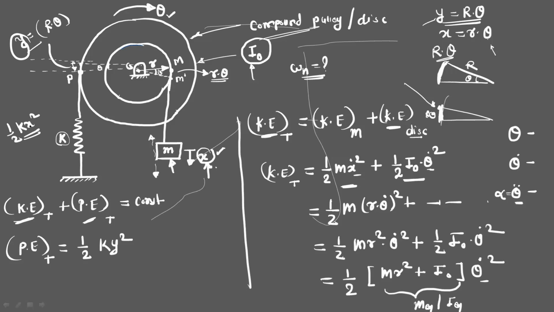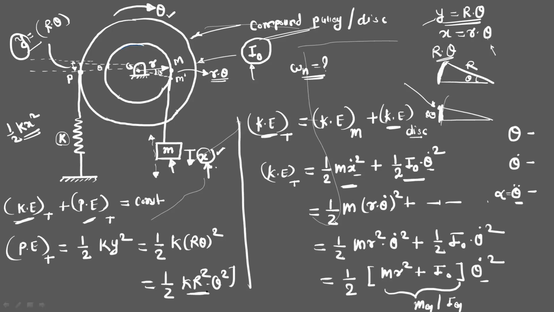At that time x is the displacement or deformation of the spring, but we have used x for the mass, and mass and spring have different deformations or displacements. So just replace x by y, so 1/2 k y squared. Now replace this y in terms of theta. So y is equal to r theta, so it is 1/2 k (r theta) squared. So this is equal to 1/2 k r squared into theta squared. Okay, so this is the equation for the spring energy.